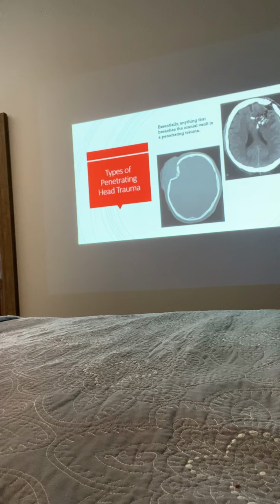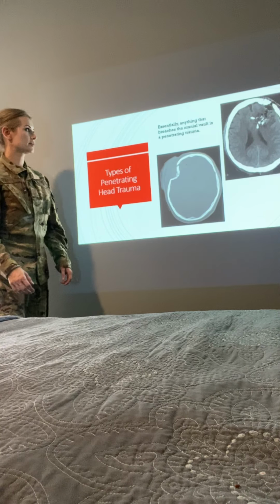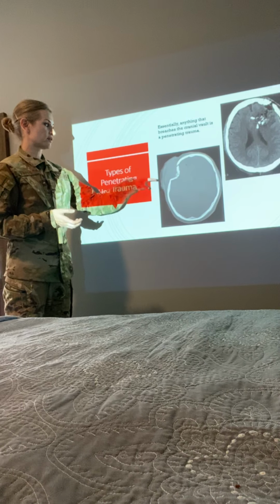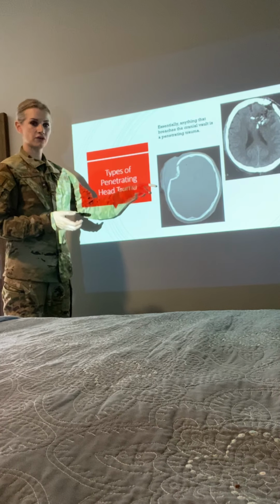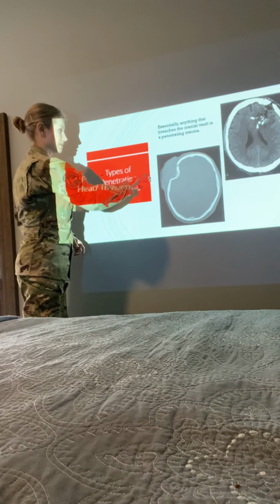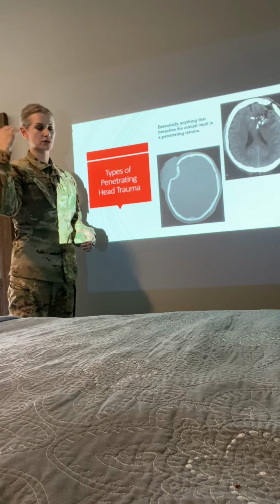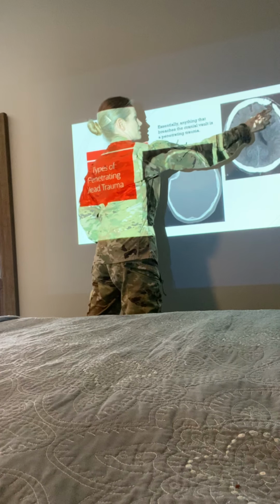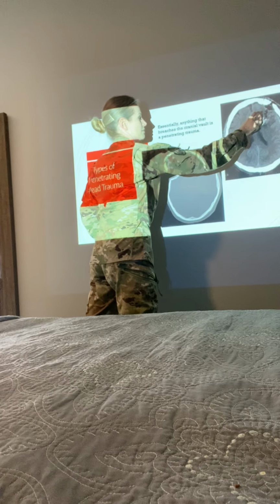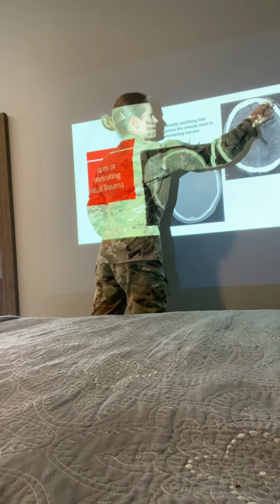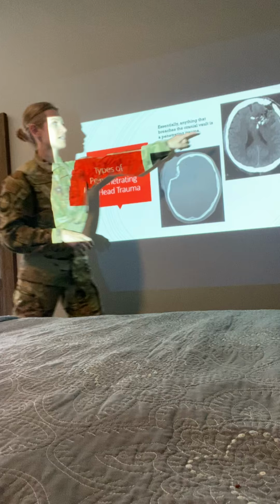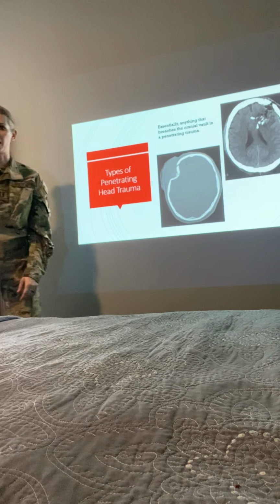So another type of penetrating head trauma is basically anything that breaches the cranial vault, whether that's the skull itself, like a blunt trauma, essentially, that is penetrating into the cranial vault. This is a GSW. You can see the bullet fragments here. You can see some pneumocephalus where there's actually air. I don't know if you guys can see the black there, but that's like a little air pocket inside the